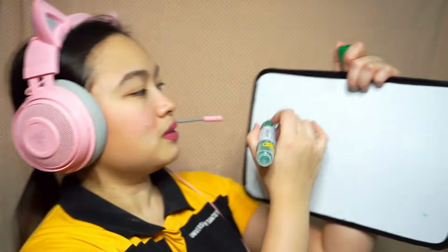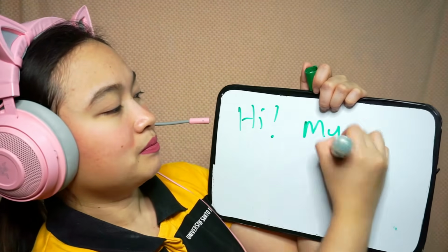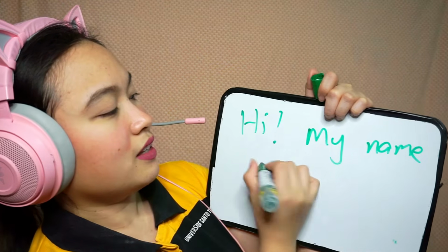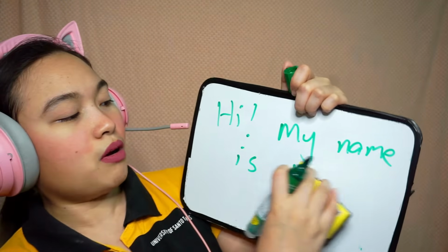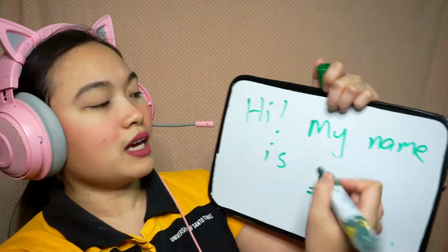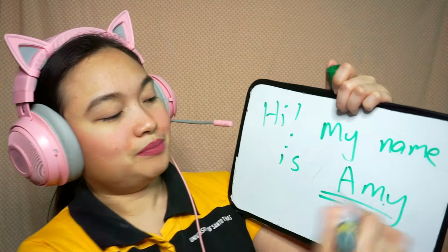One more thing, you can use this whiteboard to emphasize words or sentences. For example, hi, my name is Leri. And then you can erase that part, this Leri part. You can put the student's name. Hi, my name is Amy. That way the student can easily grasp what you're trying to say, because apart from hearing it, he or she